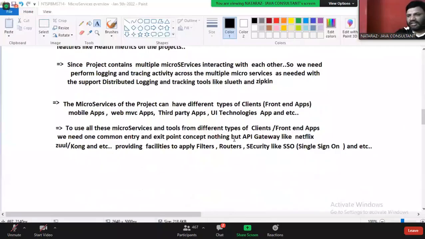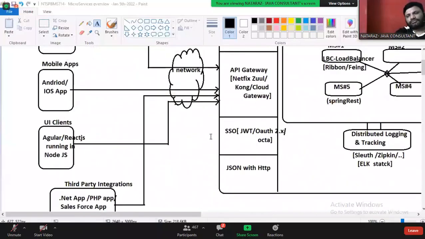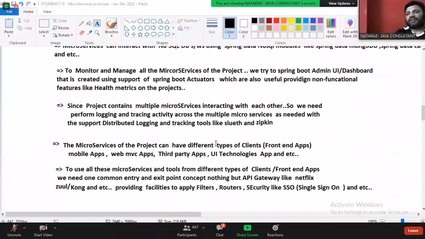Everyone got clarity on this microservice overview? Tomorrow onwards, we will try to develop one by one. The programming part starts, guys. We'll take each concept, see each tool, and learning all these things together is nothing but microservices. So it's more about applying tools, indirectly applying design patterns. Each tool is one design pattern, guys. Working with a circuit breaker is one kind of design pattern. Working with some other concept is one more design pattern. It's all about best practices with the support of different tools. That's it.